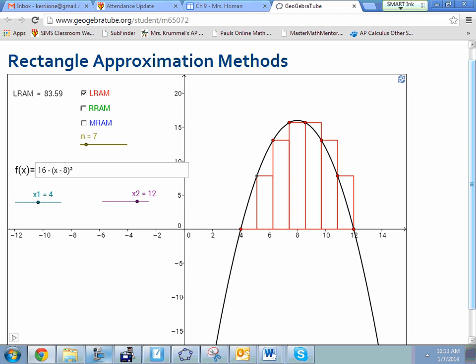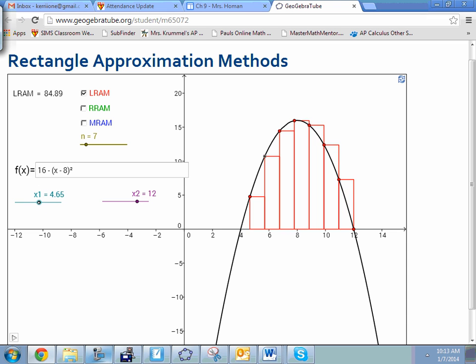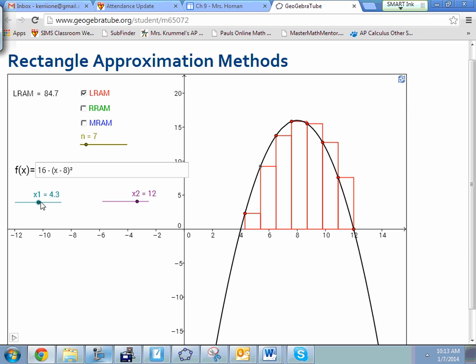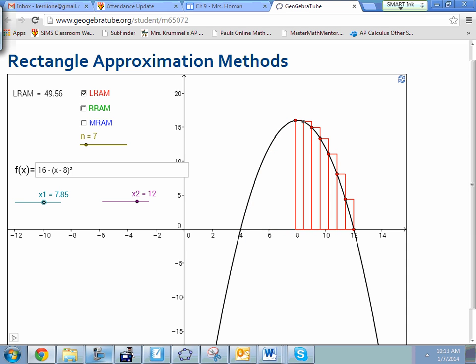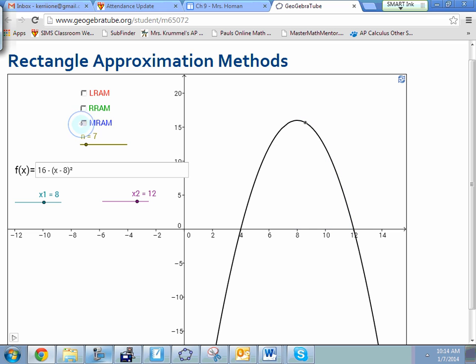Okay? What I'm going to do though, I'm going to move this. What? Or now they're 7. You know what? There was 5. Other 7. Okay. So here's what left endpoint ones look like. Here are right endpoints. And then we could also use the middle. All right, so let's,